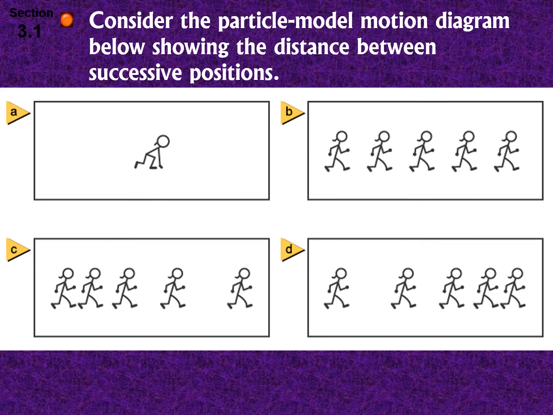Now here we see 4 examples of different kinds of motion. In physics, to simplify things, we very frequently consider things to be particles, like little spheres. Of course, many things are not spheres. The human body is very far from a sphere, but we like to consider a point in the middle of the body to be that object. It's much easier than representing how the hands are moving, how your head is swaying, your feet are moving. It gets really complicated. It's much easier to consider the center of mass, usually near the center of an object, as a particle. That's often how we do it in physics.